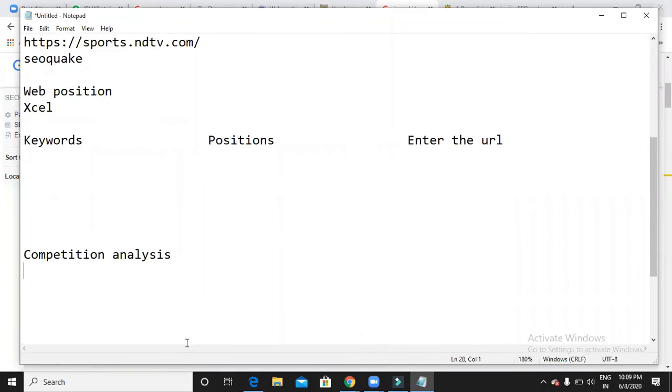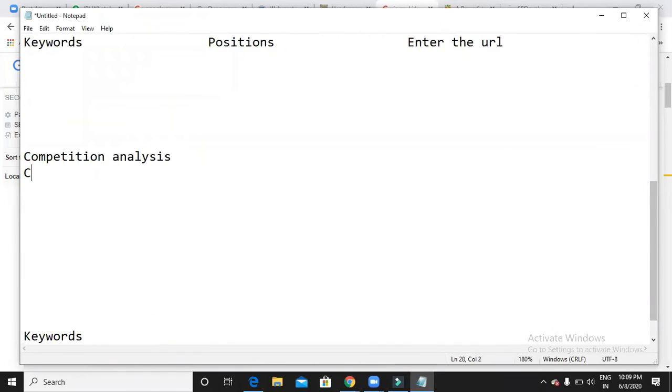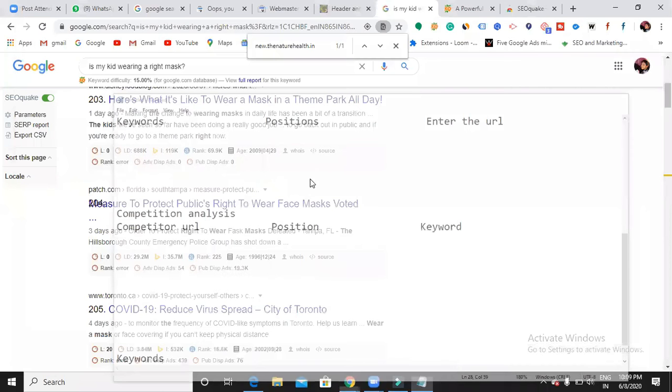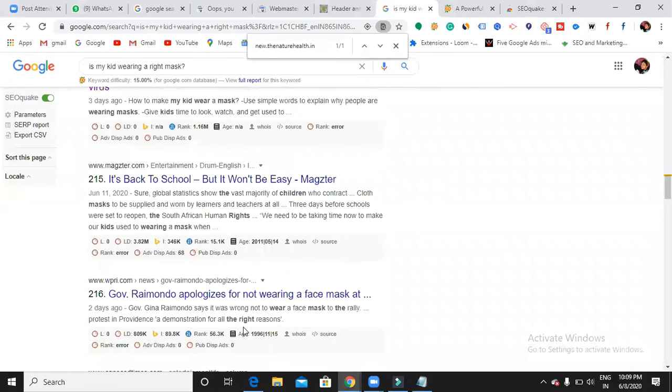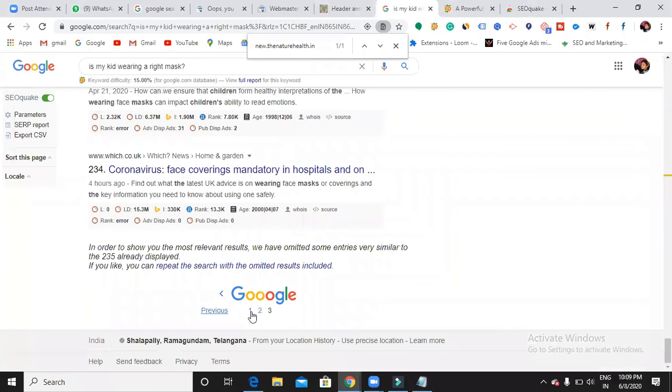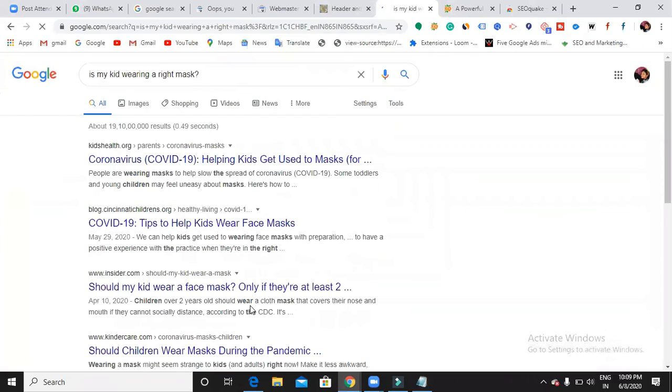I want to see the competitor URL here, and the position, and the next thing is the keyword. Now tell me, Meena, who is your competitor for this keyword? Let me go to the first page.